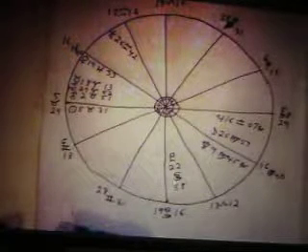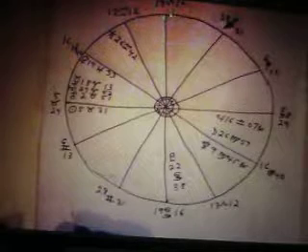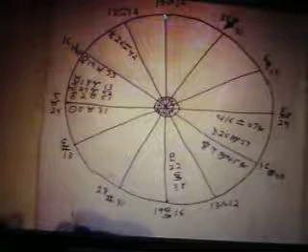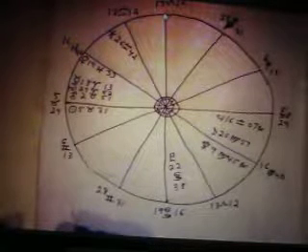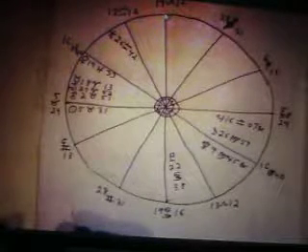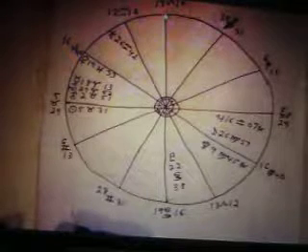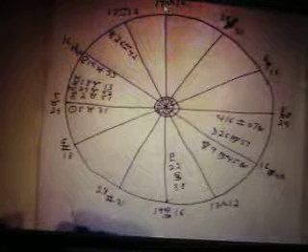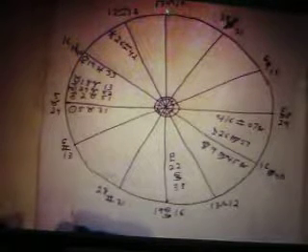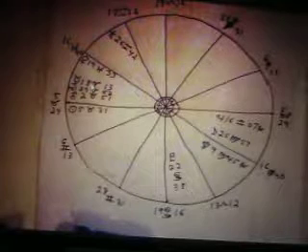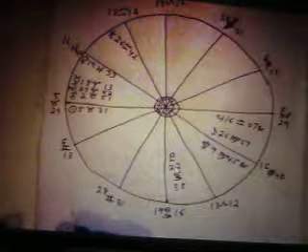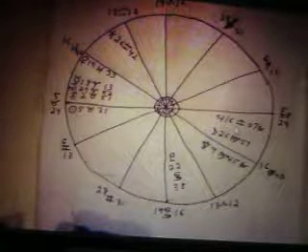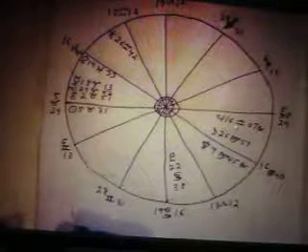Now, in his Cardinal Grand Cross, I am using the MC, and some people don't use the MC or ascendant, but I do. I think if you can use them in aspects, you can use them in aspect patterns, aka configurations, in a natal chart. So we have the MC in Capricorn, Mercury in Aries, Pluto in Cancer in the 4th, and last but not least, Jupiter in Libra in the 6th house.